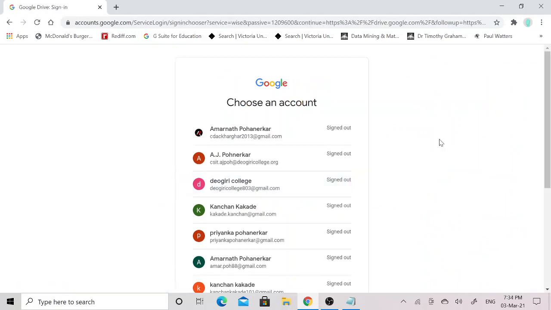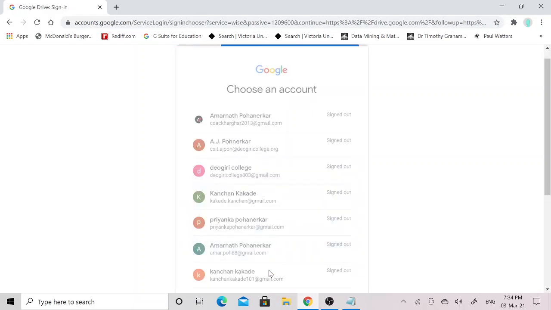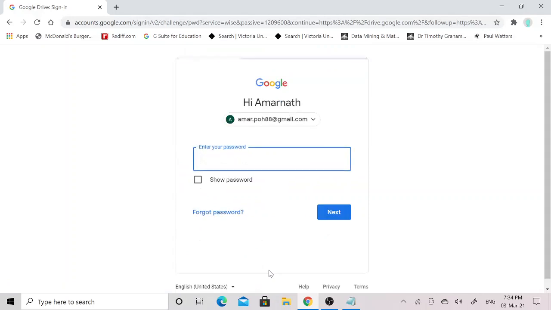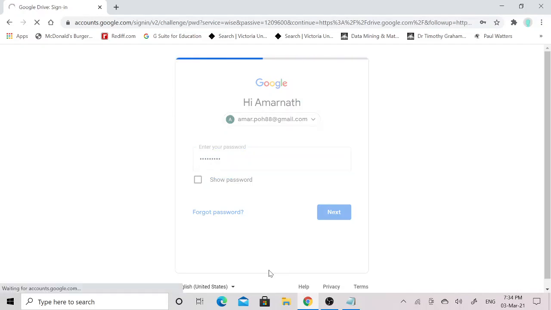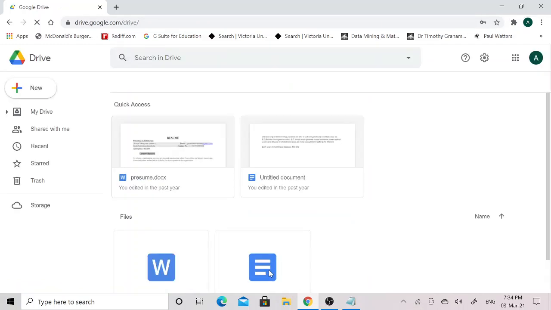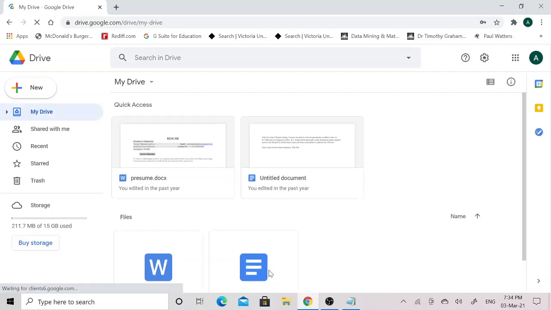Before signing into your Google Drive, at the beginning, you need to enter your Gmail username and password. After entering the credentials, you will get signed into your Google Drive.